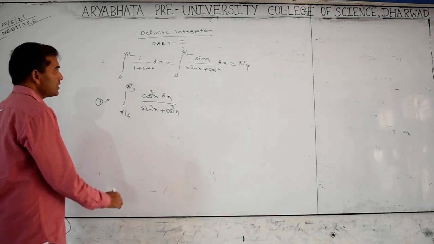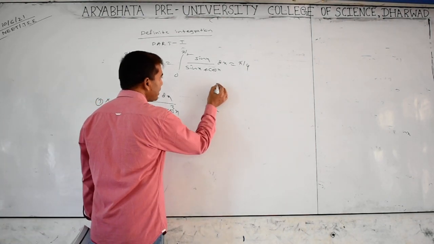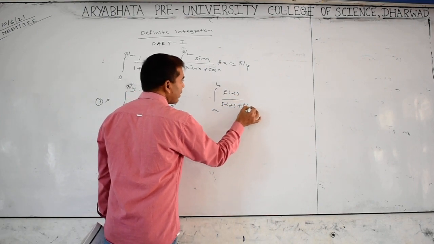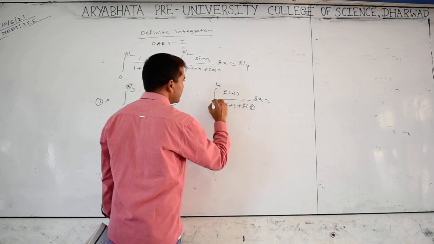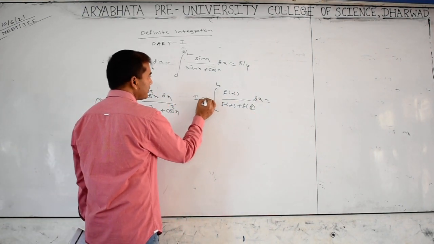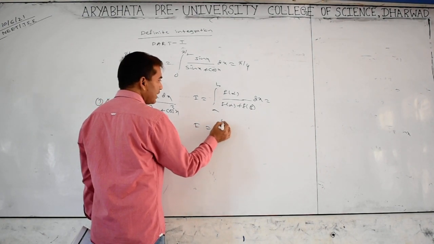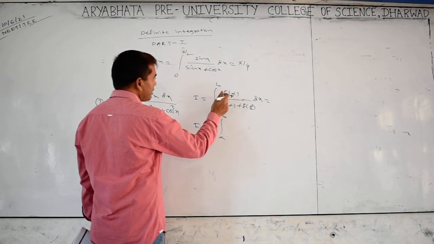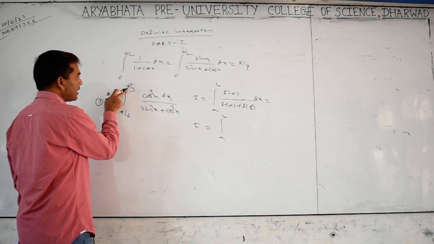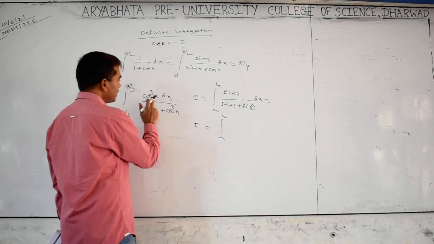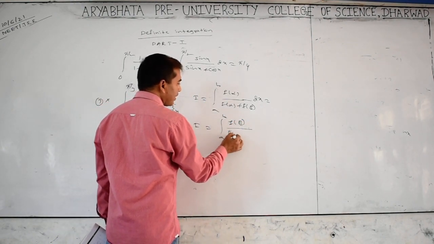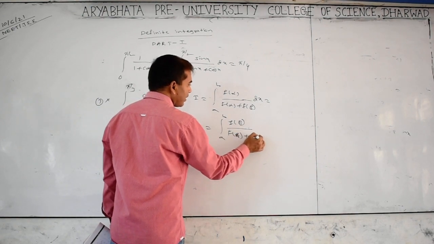Yes, so this is in the form of integration of a to b, f of alpha by f of alpha plus f of beta dx, this form. How to solve this: let this be I. Again, if you apply f of the sum of the limits a plus b, here pi by 6 plus pi by 3, that is 90 minus x, cos becomes sin. Here we will get f of beta, here f of beta plus f of alpha.